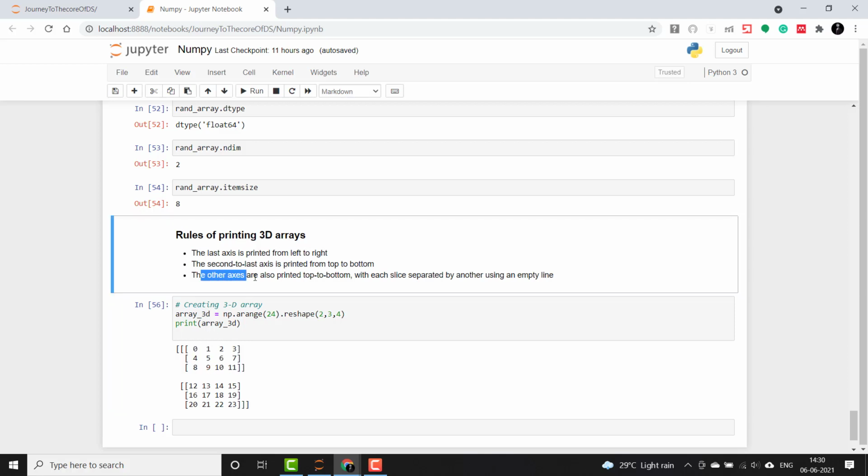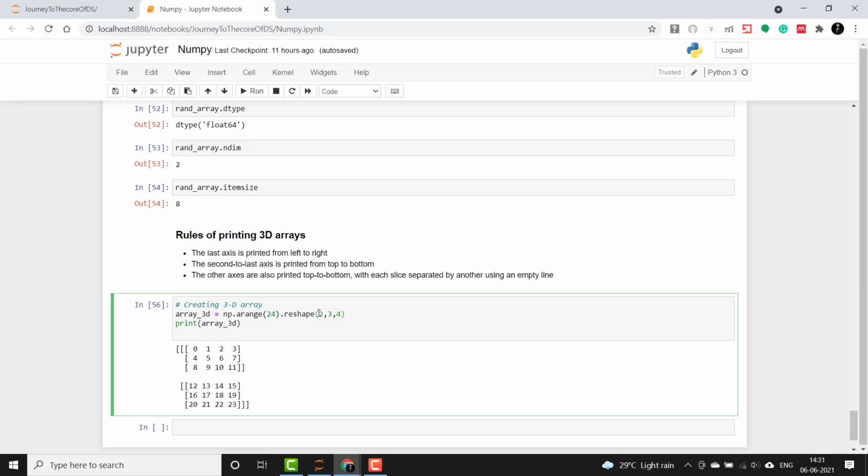Then the other axes are also printed from top to bottom with each slice separated by an empty line. So the other axis is 2 and you can see a line separating these two elements. So this actually falls under the rules of 3D arrays.